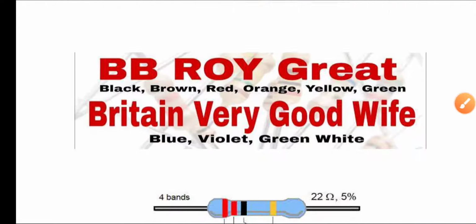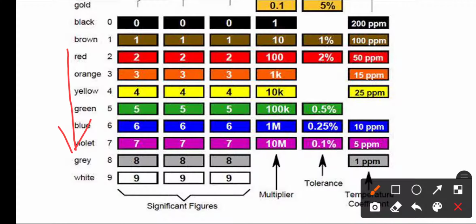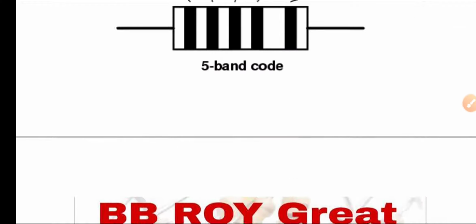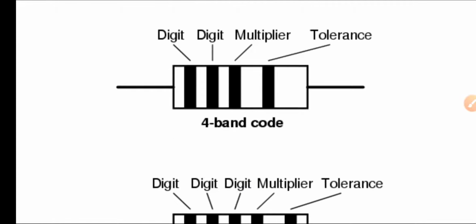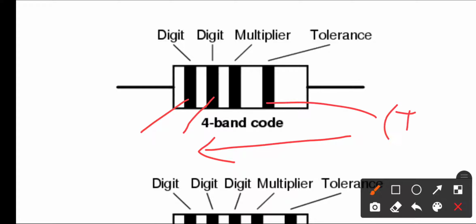Okay guys, you can write these down in a vertical manner, and after that you can write the counting 0 to 9, again 0 to 9, 0 to 9, 10 raised to power. Then you will be able to find the value of the resistor in a proper manner. But firstly, make sure that the first band represents a digit, and the second band also represents a digit. You have to write the digits as they are. For the third band, you have to come from last to first. The last band represents tolerance, either silver or gold, plus minus 5%, 20%, whatever.